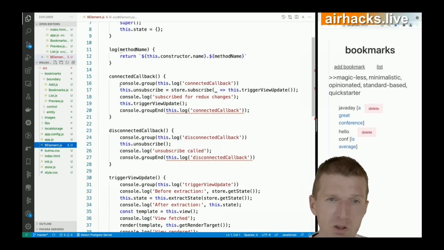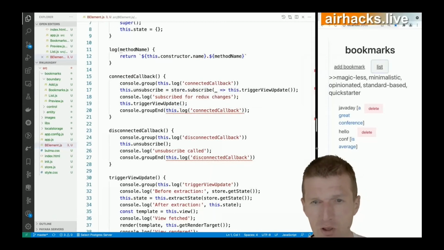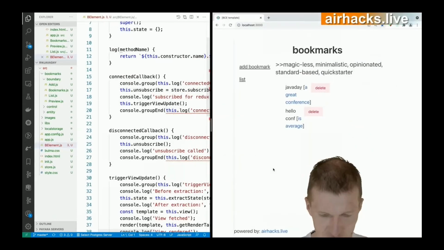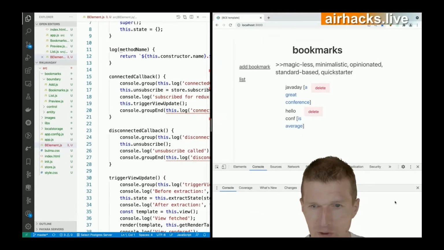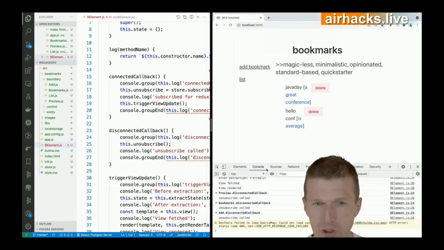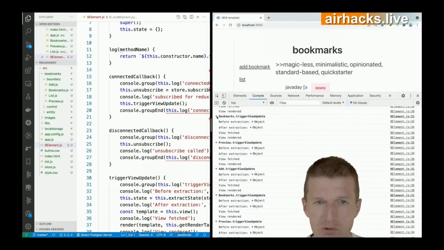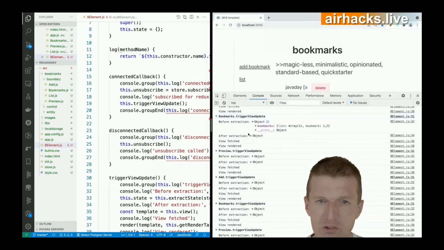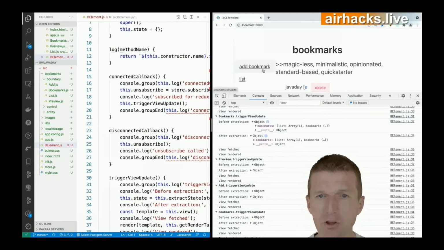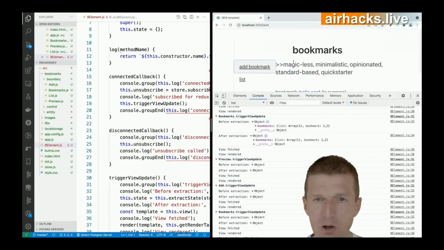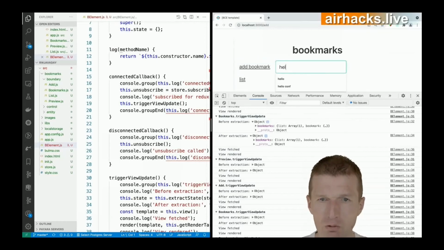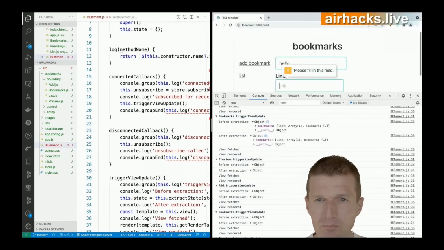And the major bloat here is logging. Why? Because the logging is nice. If I show you how the logging looks, it looks like this. And you see it is hierarchical. So I see the bookmark. The bookmark renders before extraction, after extraction, and you can even see what the state is before and after. So if I go to the add bookmark and say hello, we will see